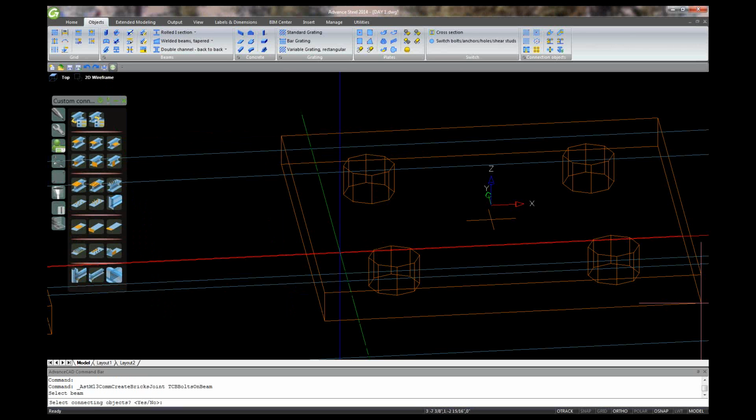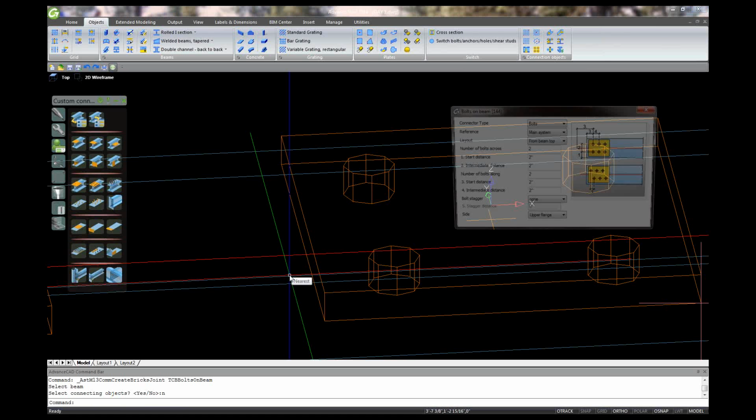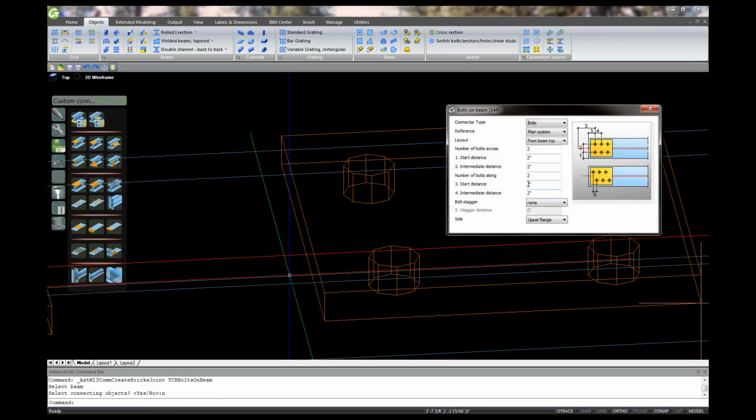or no, my beam first. Enter. And then it's going to center it on my UCS. No, hold on a second. It's not about your UCS, it's about your beam, your system line, because you have your reference on main system. Can you see that? On the second item. Okay, so if you change it, it's going to add those bolts